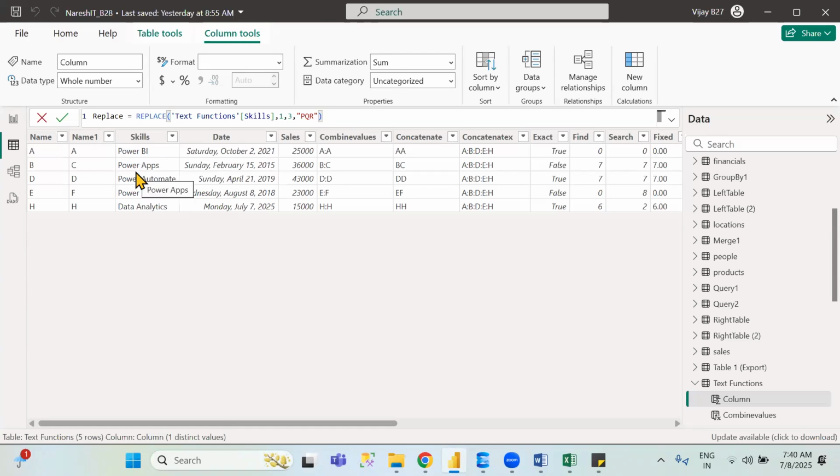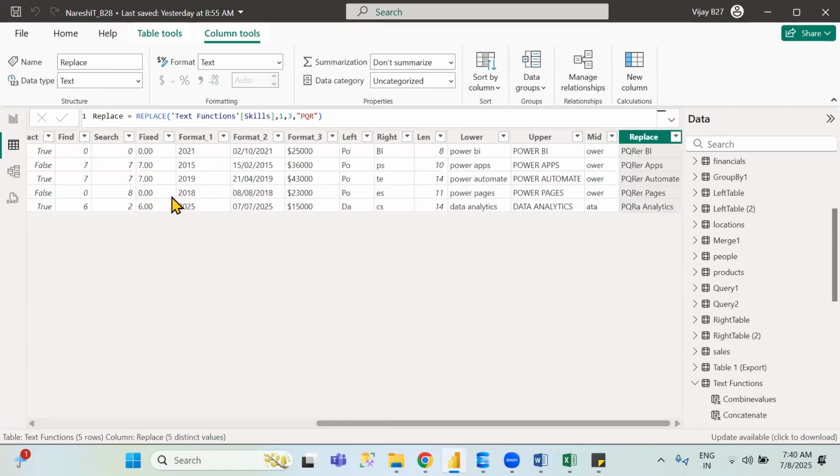Here, PQR, ER, space, apps. PQR, ER, space, automate. PQR, ER, space, pages. Like that it will display. Did you see that? Okay, understood clearly. Next one is